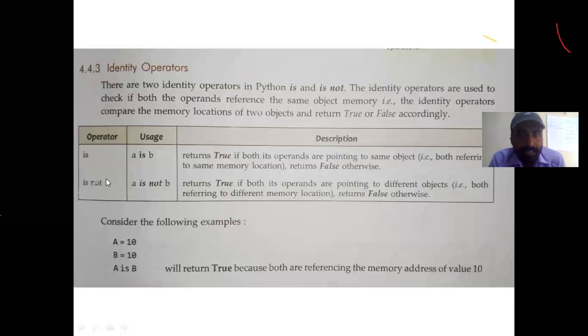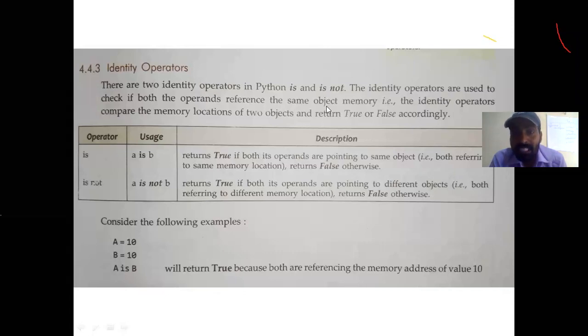Do you want to check? Okay, let me first explain, then I will tell you in Python. So what is identity operator? There are two identity operators in Python, is and is not. The identity operators are used to check if both the operands refer to the same object memory.